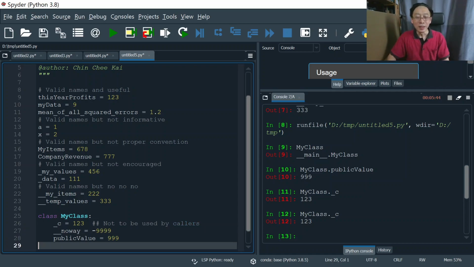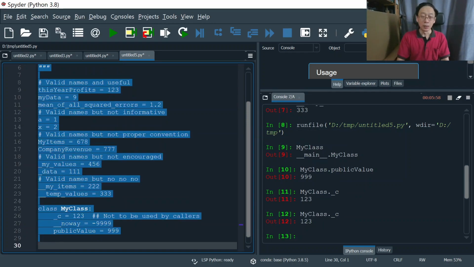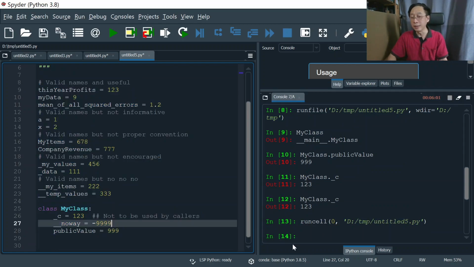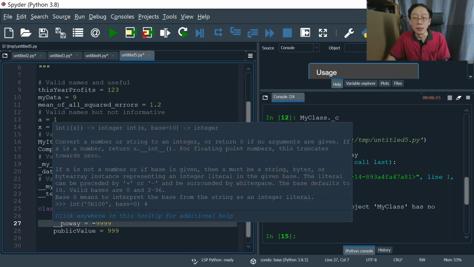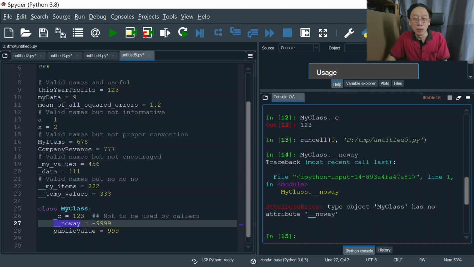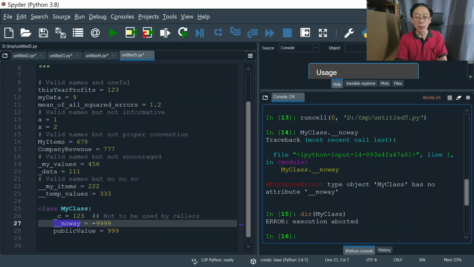Because underscore is a valid character, and it is allowed to start a variable name, a double underscore name can always be recognized by Python. So there's no error here, right? And we can actually say, what is your my class dot double underscore name? No way. Let me see, traceback, no way. Has no attribute, no way. You see, it is not allowed to be called, because when we look at what are all the names inside my class,